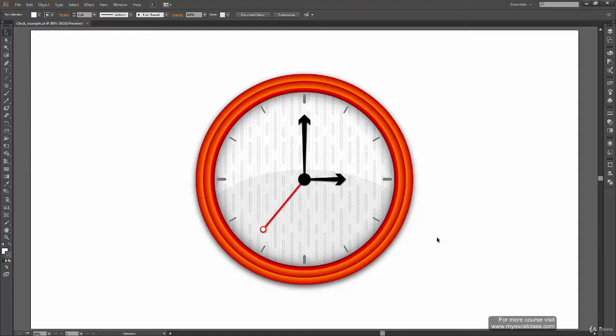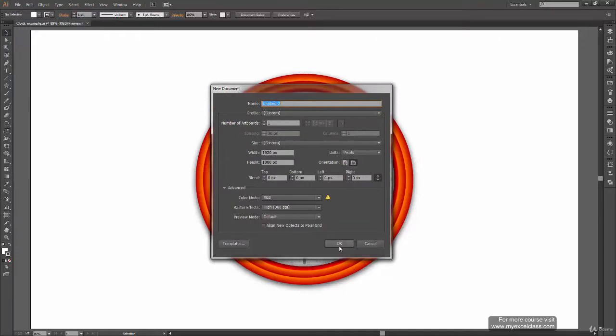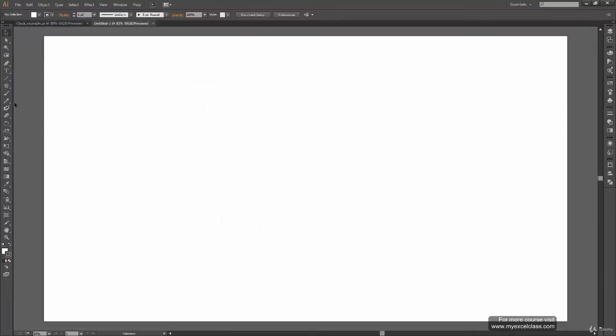So before jumping in and creating the example, I think first of all we will just see how one or two effects work, and then the rest of them you can explore by yourself. So I'm going to create a new file here, it doesn't matter the resolution or anything, and just pick up a shape and create a shape.